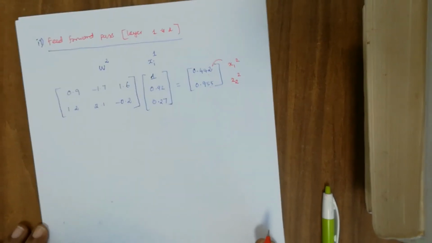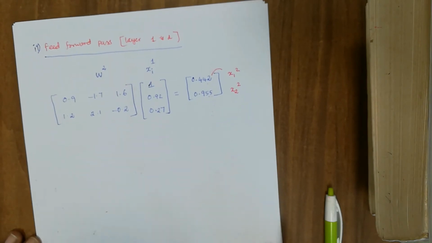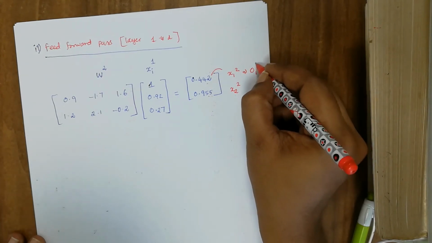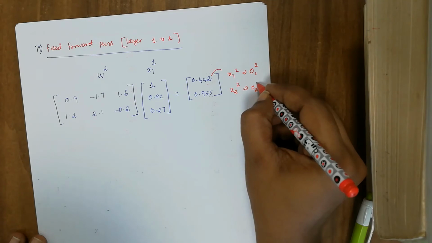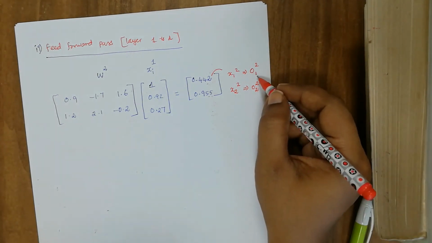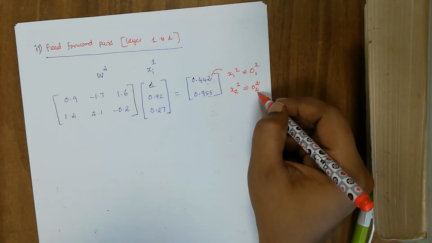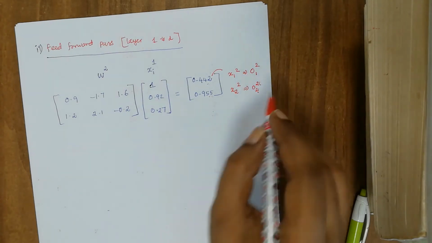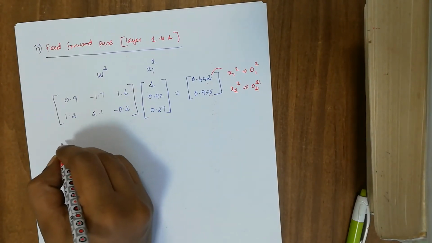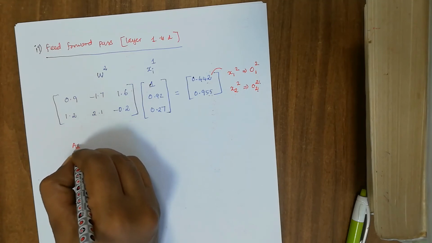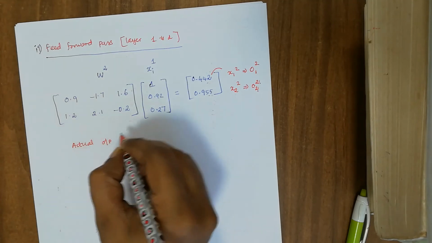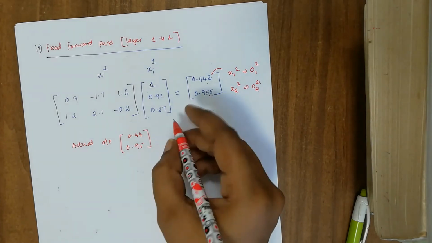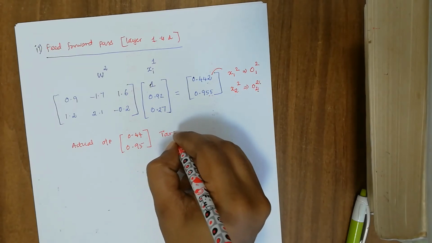Now let us check whether our actual output that we have obtained at the output layer, this is also nothing but our output layer, which is O12 and this is O22. Okay, output of the first neuron in the second layer, output of the second neuron in the second layer, because there are only two layers, the output layer is at the second layer. Now the actual output that we have obtained is 0.44 and then 0.95.